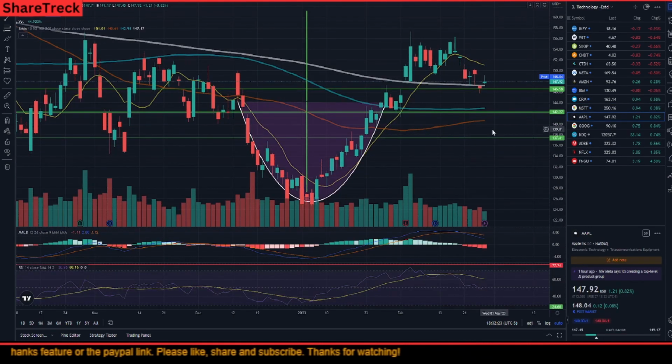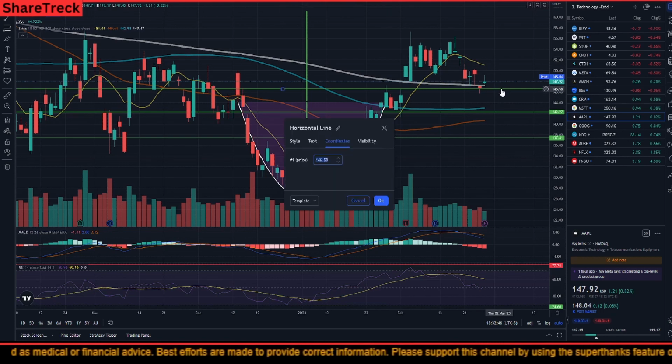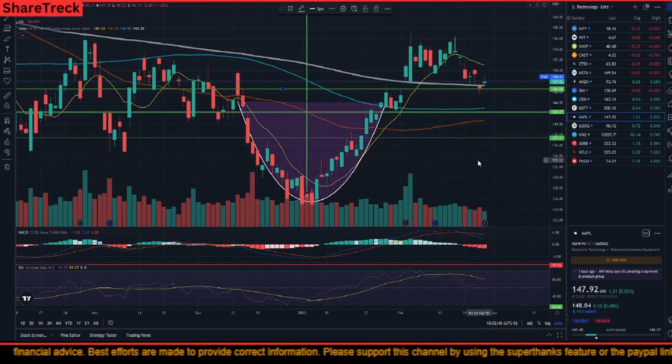Apple also has done the same thing. It has come down. It started lower. That's why the candle is still green. But its initial bullish approach towards 149 was not reciprocated, so it fell down. And it's now got 1 simple moving average causing resistance and the other 3 which are giving support. It also has got some support out here at around 146.58.